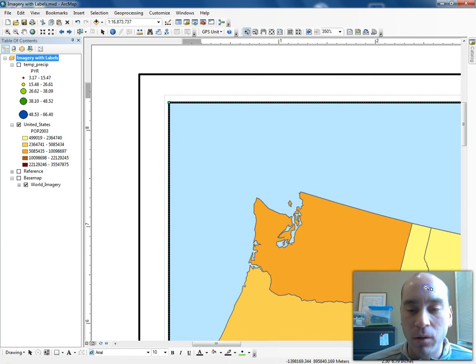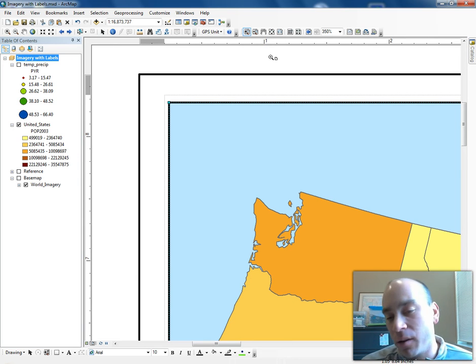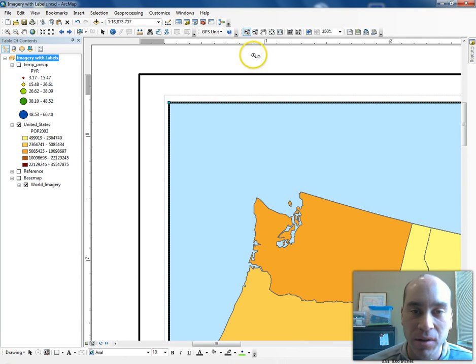It just takes the whole entire map and brings it closer to us. Now that's useful for us, and I'll show you in a second when we add in scale bar and scale text and such, but just notice the difference between the two toolbars. One takes your map and moves it back and forth, for example, closer to your face. The other tool actually zooms the data in and out. So sometimes that's a little confusing to students, but if you play around with those two toolbars, I think you'll see